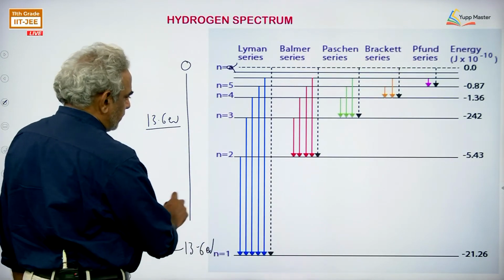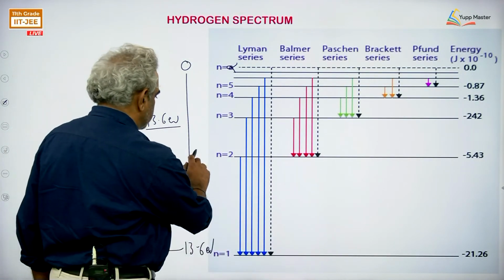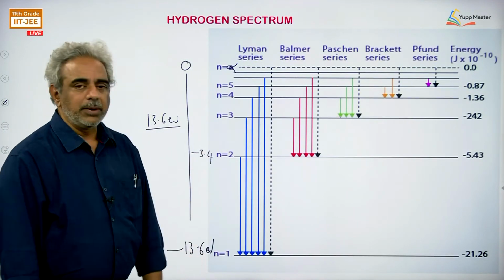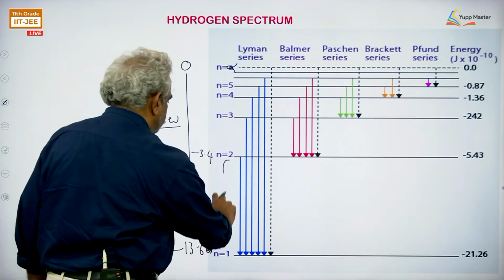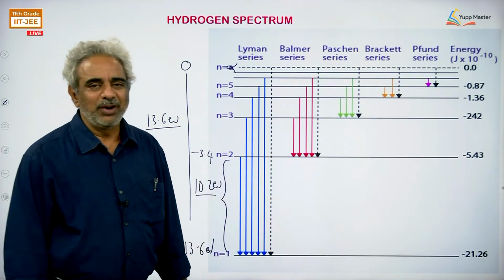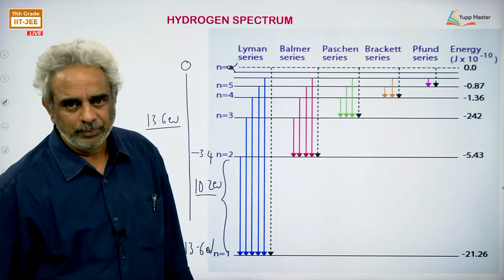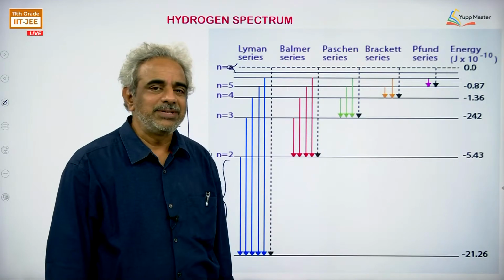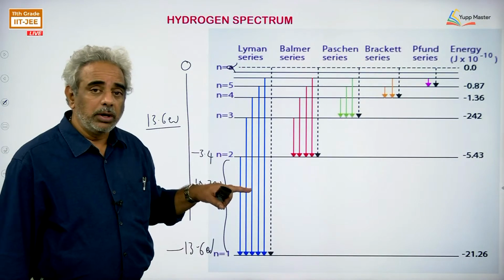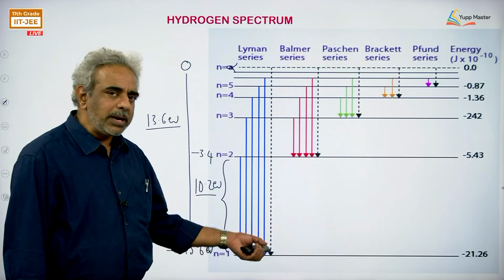Whereas if the electron is jumping from 2 to 1, what will be the gap? Just now I told you, 2 is minus 3.4, and the electron jumps from minus 3.4 to minus 13.6. This gap is how much? 10.2 electron volts. These are all nice numbers. You should always be in contact with them. Whenever you have the hydrogen atom, these are fixed numbers. You have to be very familiar with these numbers. At 10.2 electron volts also, if you calculate the corresponding wavelength using hc by lambda, that will be again